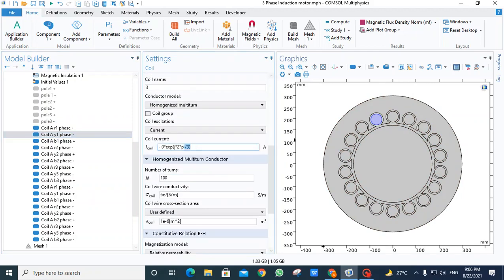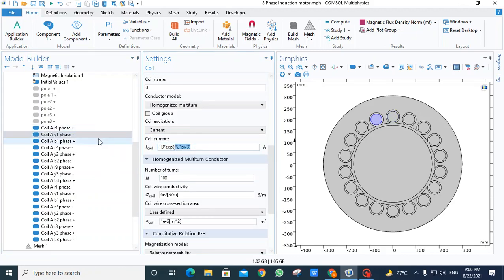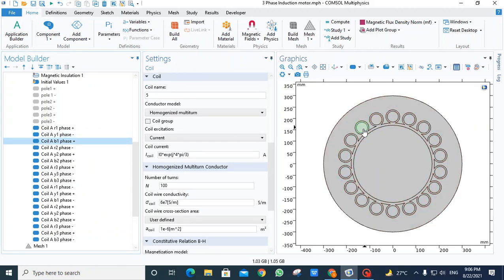Here you can see the angle will be 2 pi by 3. In three phase, all the phases are separated by 120 degrees each. So initially it is at 0 degrees, this will be at 120, and this will be positive because the initial phase was negative. Then this will be positive at 240 degrees, and so on. We continue making it positive, negative. You can see the order positive, negative, positive, negative. In this way we'll create the phases.